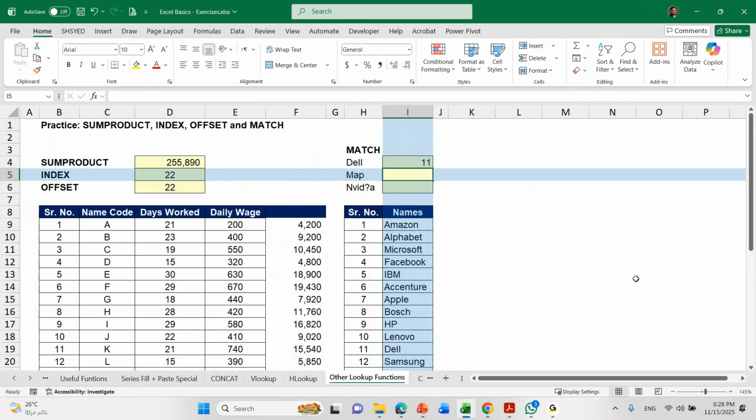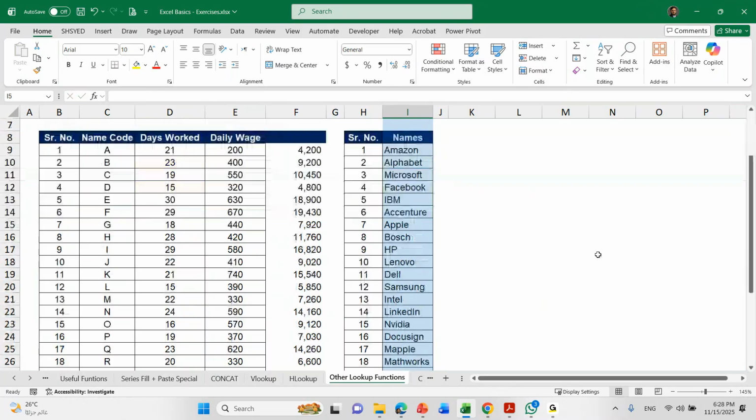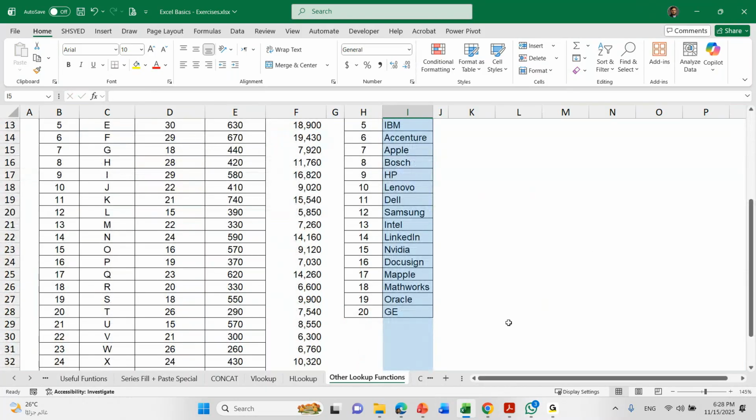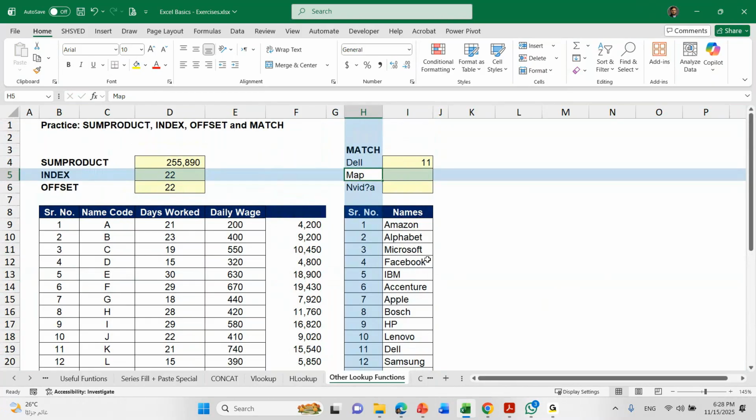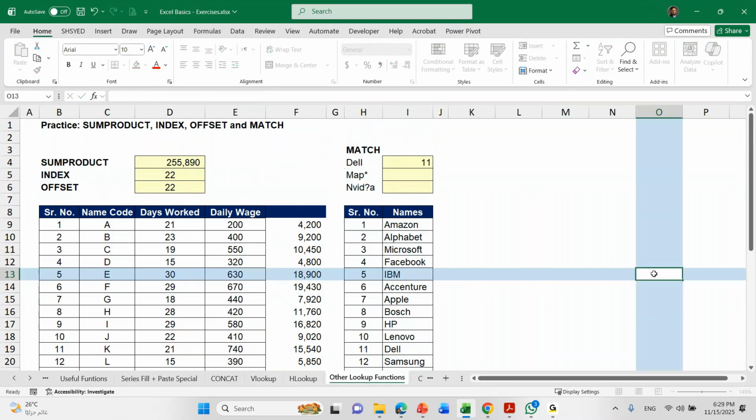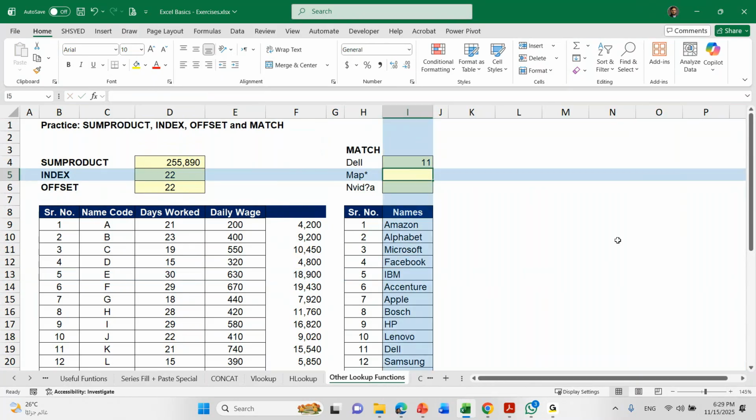Now sometimes, again, we can see all this. Maple is at number 17, but if I have a large data set and I don't know the full spelling of the word maple, and I know just the first 3 characters, I can find out this value by putting this asterisk and trying to find this value in this data set. And my first value is